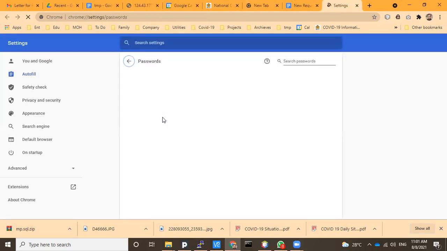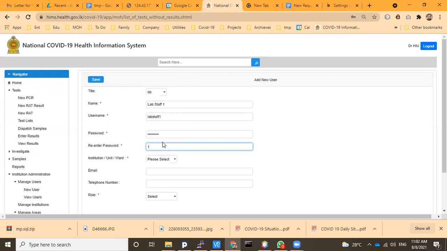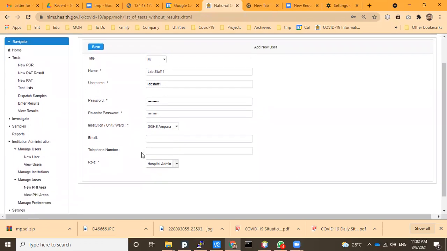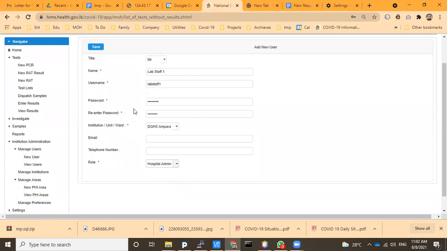You can create like this. You can give a password. Then if you need, you can create different units. Select only Ampara because we have given it. So at the moment, only hospital admin is there. You select it, but I let the other privileges as well. For the time being, they are also hospital admin so that they can also add another user to the system. But I'll add MLT and like that.